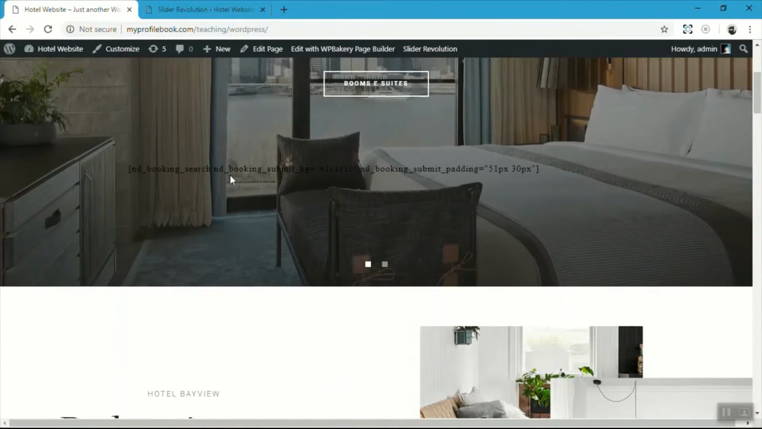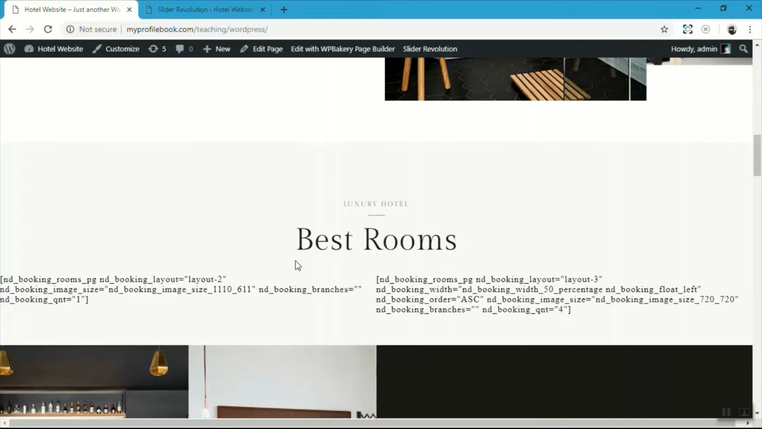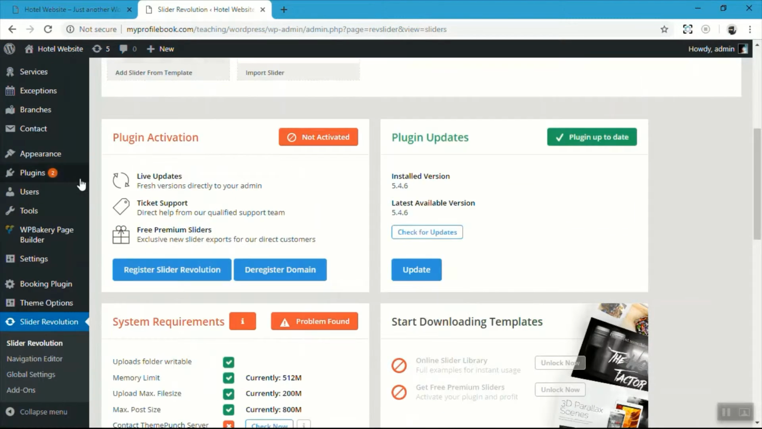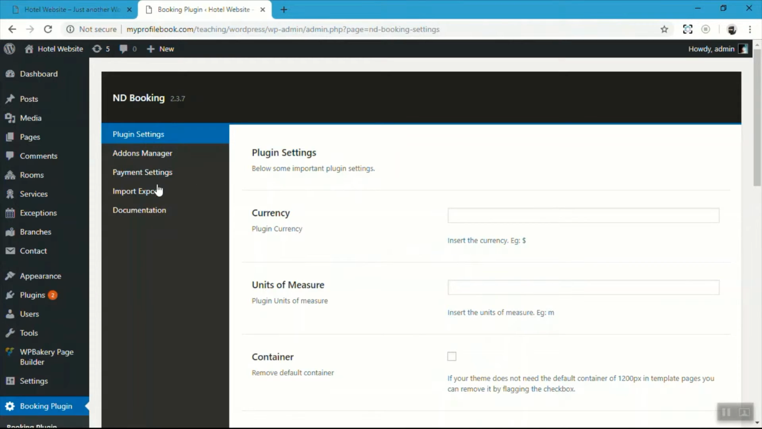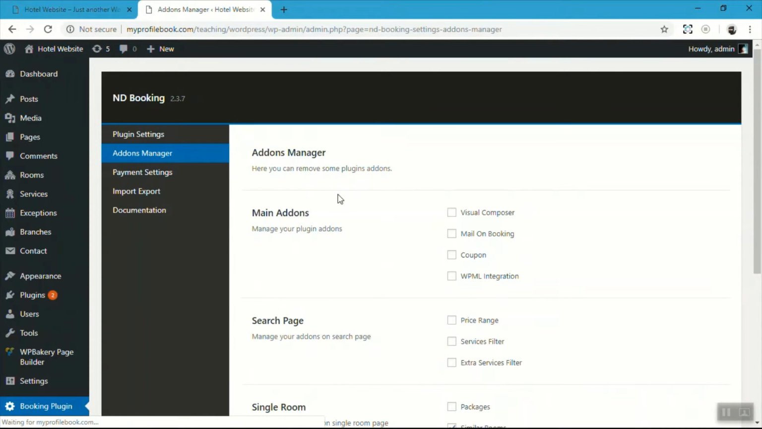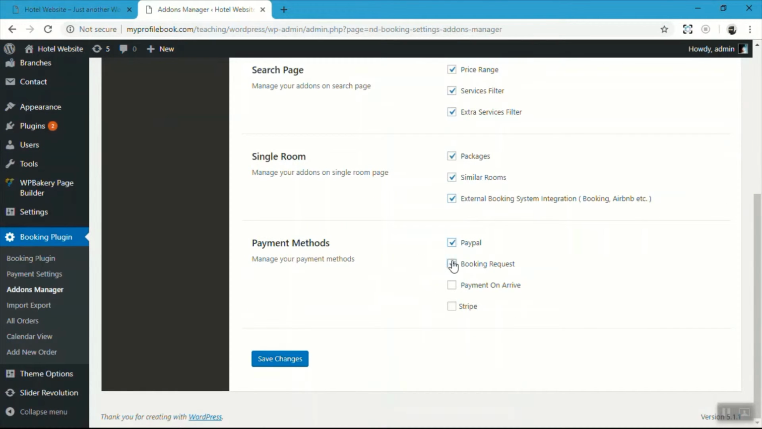Now let's see what is this type of error. ND booking search and ND booking rooms. So it's very easy to fix. Navigate to booking settings. Now click on add-ons manager, and now let's select all of the add-ons. Save it